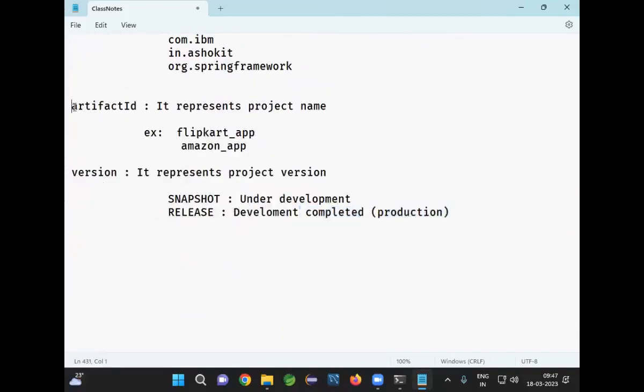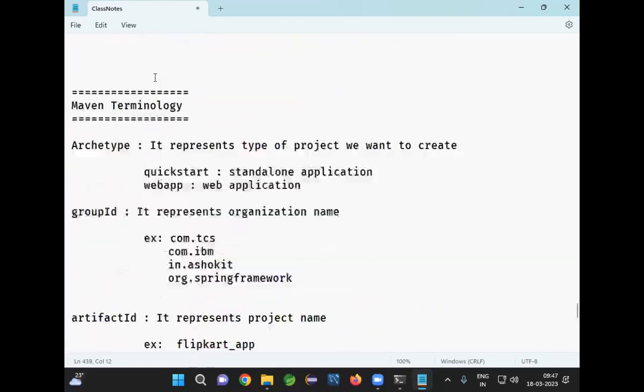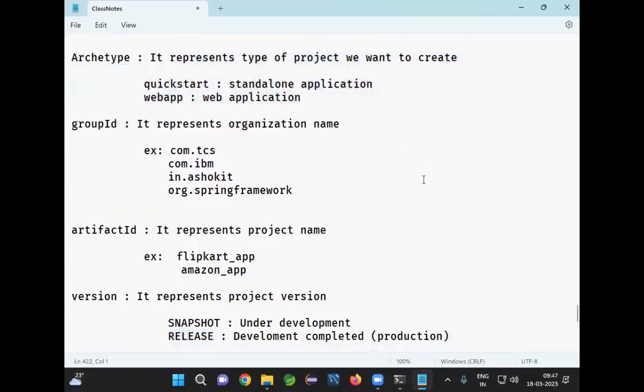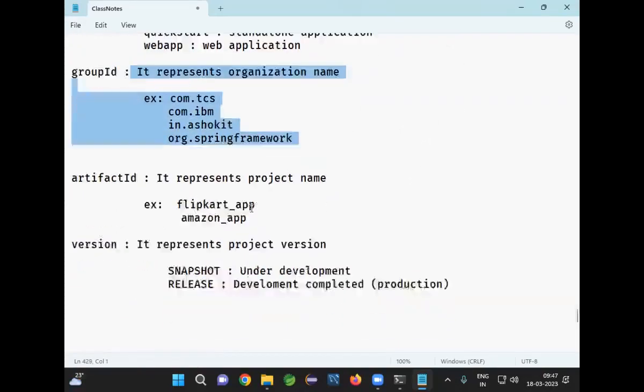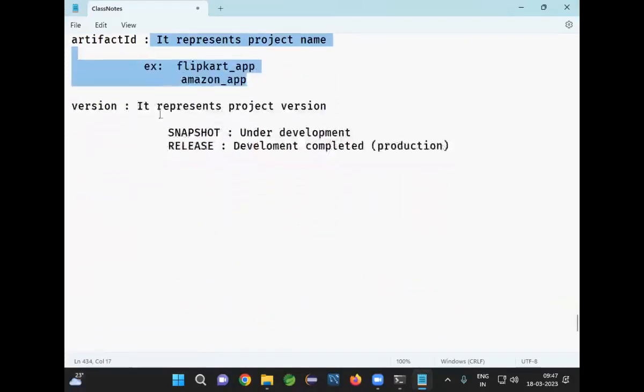What is artifact ID? It represents the name of the project. What is the version? It represents which version of the project. What is your current version of the project? Either it is a snapshot or release. Some people will give 0.0.1-SNAPSHOT. That means it is under development. If the project development is completed, we will give the version as release. Perfect. Archetype: type of the project, project template. Group ID: organization name. Artifact ID: project name. Version: what is the